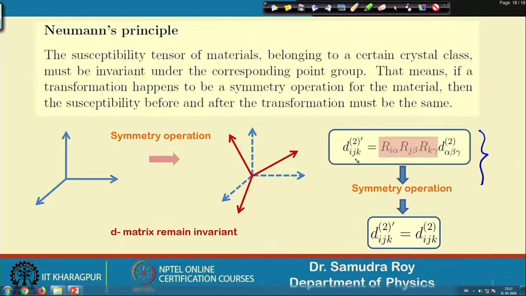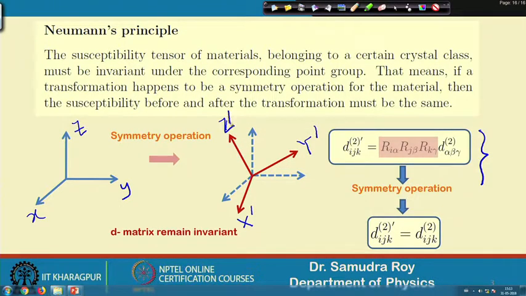Now let us understand this equation written here, which looks very simple. D_ijk is the ijk-th component of the D matrix, and under a symmetry operation, like changing the coordinate system, the new coordinate system has a prime on the D matrix. Say this is the non-prime coordinate system and this is the prime coordinate system. If this is x, y, z, the principal axes, say, and this new one is big X, big Y and big Z, the prime coordinate system, it will be easier for you to understand.